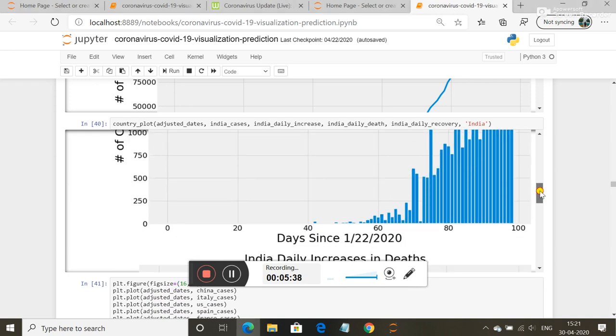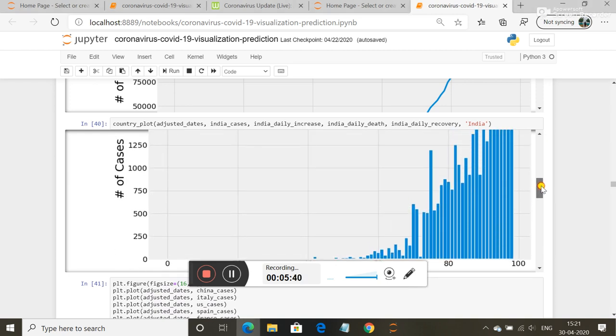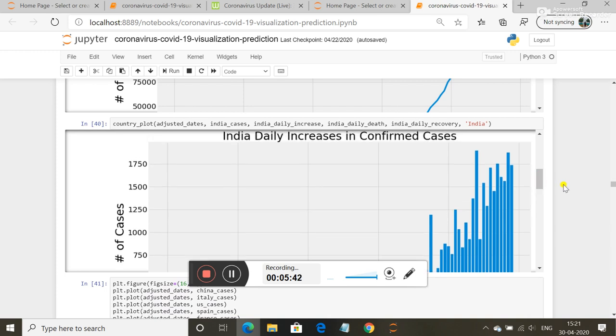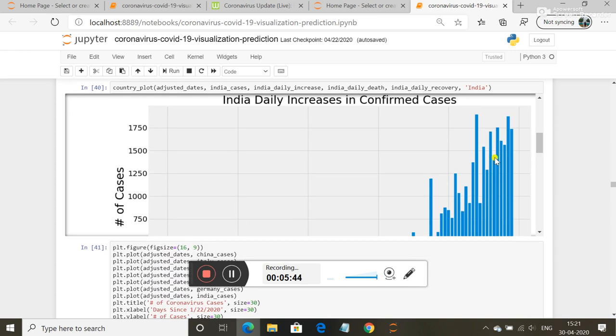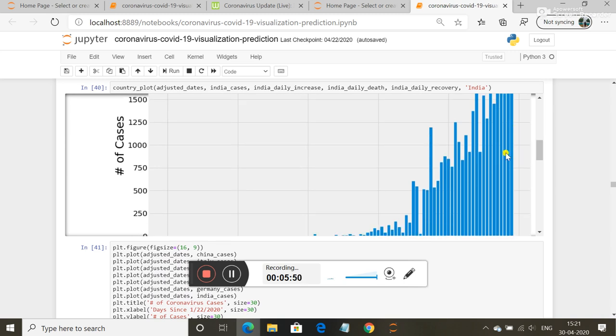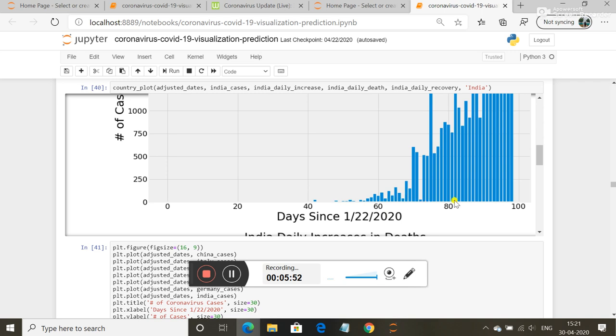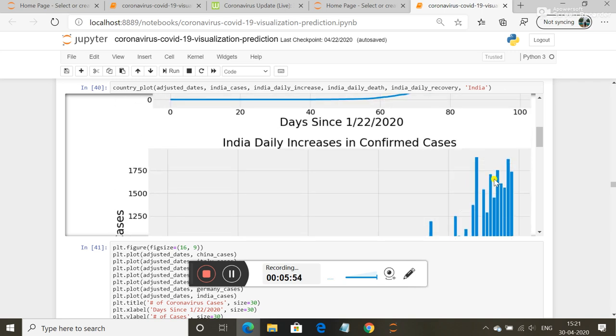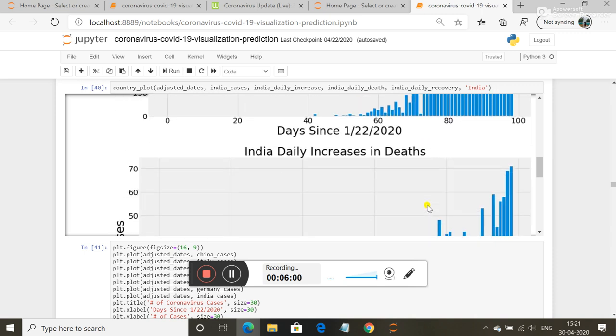If you see, here is the time when Tablighi Jamaat was found. This is the case, and we are also making a little bit of progress, like cases are going and coming. Whatever rapid testing we are doing, accordingly we are getting the number of cases on a daily basis.